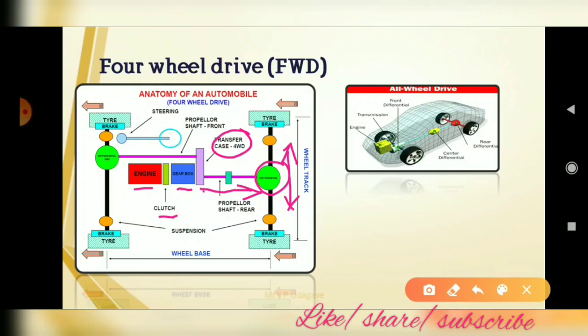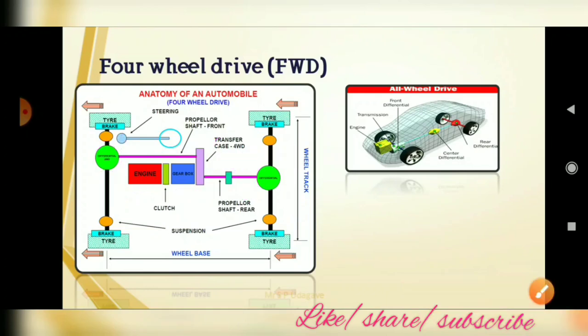In a similar way, the transfer case distributes the torque to the front axle also through the differential box, and the torque is transmitted to the wheels. So on all four wheels we can transfer the drive equally, or as per the requirement of the wheels, we can cut the power and give the torque to only two wheels also.